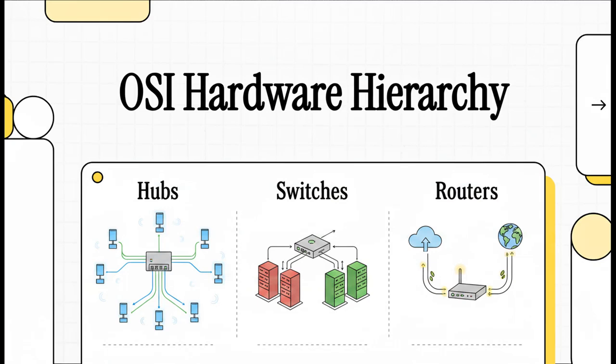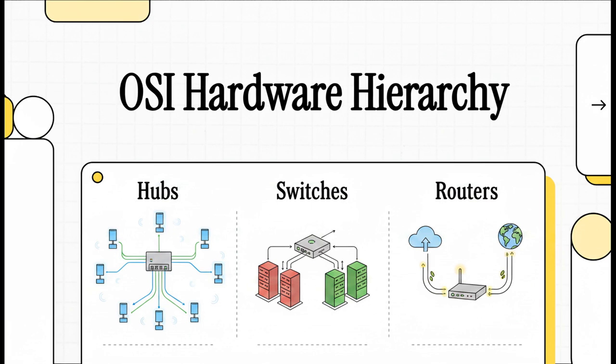Hey everyone, welcome back. Today we're stepping right into the networking lab for a highly technical, but honestly pretty fascinating explainer on the actual backbone of our digital infrastructure. Now, if you're an IT professional, a junior engineer, or a sysadmin, you already know that the OSI model isn't just theoretical textbook filler. It's absolutely the foundational framework we rely on every single day to design, deploy, and troubleshoot networks. So today, we're going to map physical hardware directly to this model by analyzing three core devices: hubs, switches,